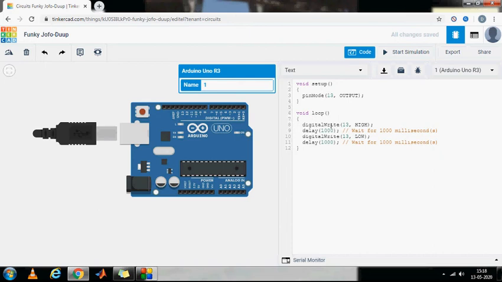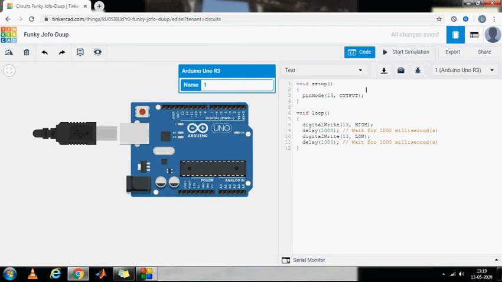In void loop, digital write 13th pin we are sending high, means LED is on. Delay 1000. Here 1000 means 1000 milliseconds, means 1 second. After 1 second again we are sending digital write 13 low. To the 13th pin we are sending the low. Again we are providing the 1 second delay. Now whatever program you have written in void loop, continuously it is going to execute. You can call it an infinite loop. In future we are going to use the while loop, and here continuously it is going to execute.